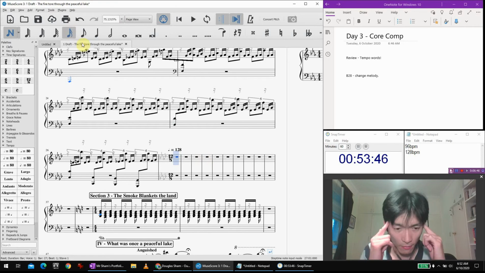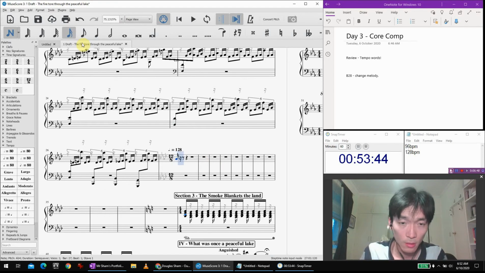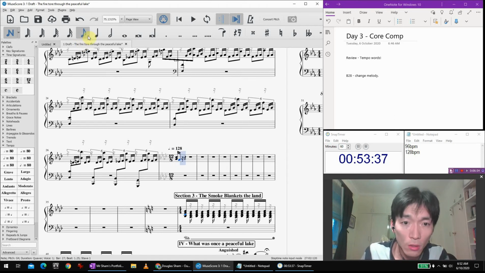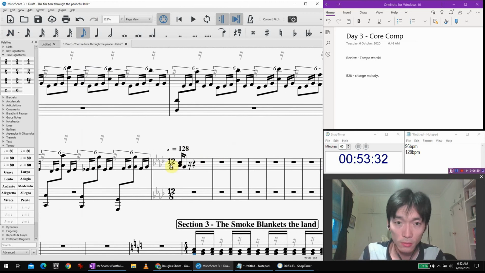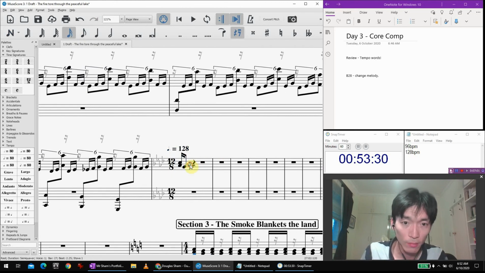Okay. The idea I've got in my mind is A flat and C to a G. This ostinato. See how many we can fit in a bar.